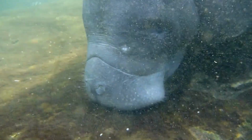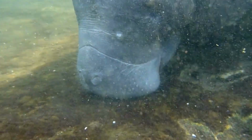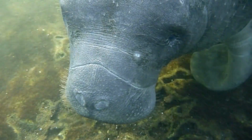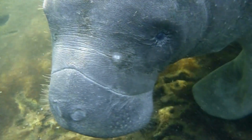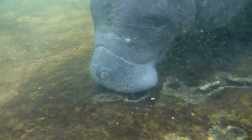Manatees have some special feeding habits that help them survive in their aquatic environment. One of their unique behaviors is known as crop dusting, where they use their large flippers to stir up the sediment on the bottom of the water body to uncover buried vegetation. Manatees also have prehensile lips that allow them to grasp and pull vegetation into their mouths. They are known to use their front flippers to hold onto vegetation while using their lips to tear off pieces